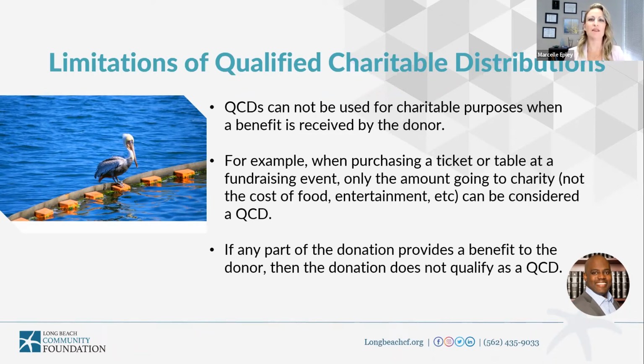But regardless of that, for you personally, and to avoid getting into trouble here, it would be best to contact the charity, find out what is the direct dollar amount. So if you buy a table for $5,000 and the charitable portion is $2,000, direct your IRA provider to send $2,000, and you're going to have to pay for the other part separately from another maybe account with your financial advisor or such. But that would be our advice on that.